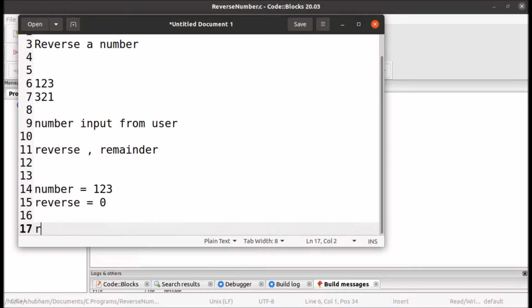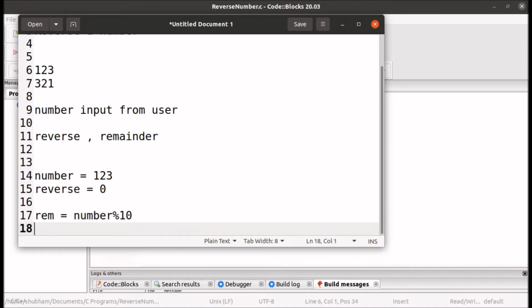Now we will calculate the remainder. Let me write it in short form, rem, which will be calculated using number modulo 10. So the value of rem is 123 modulo 10, which is 3. The remainder will be 3.